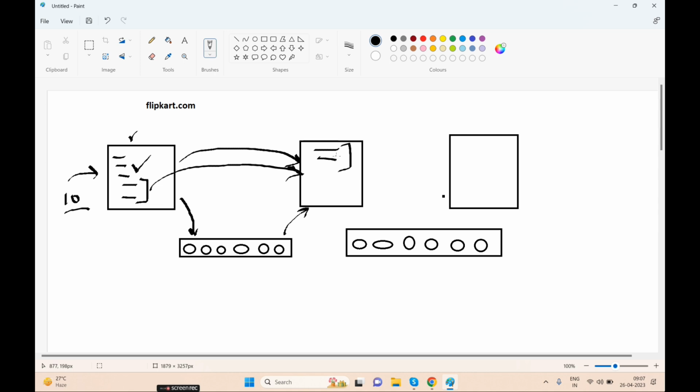After this, people want to buy only one product, so this is the payment screen where the payment will be processed. So these requests are coming, and there might be multiple requests at the same time, so the server gets confused about which request it should process. So what they do is attach one queue in between. The requests which are coming simultaneously will be in the queue, and the server will process them one by one. This is one point.